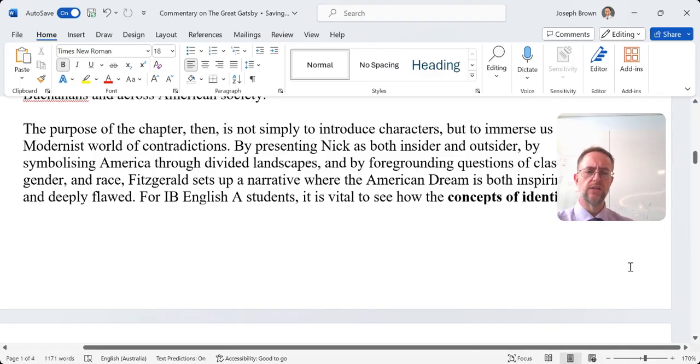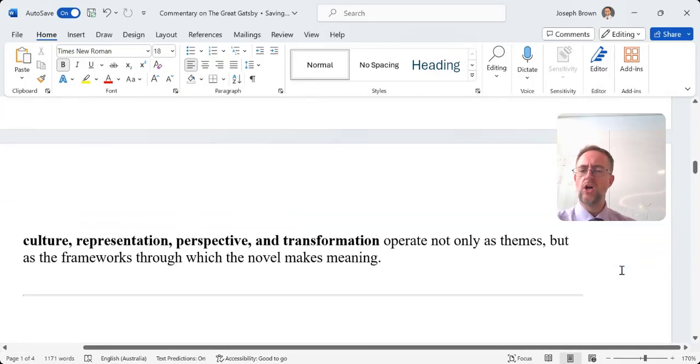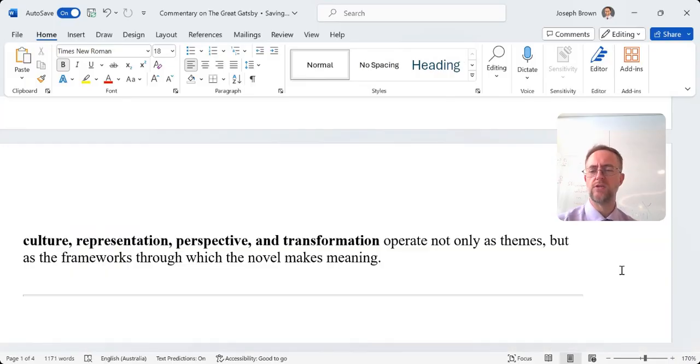For IB English A students, it is vital to see how the concepts of identity, culture, representation, perspective, and transformation operate not only as themes, but as frameworks through which the novel makes meaning. So that, by way of a summary of chapter one, was very quick, but by way of a commentary that brings together the frames and the elements of IB English A, I think works to help you to see how do we analyze using the concepts, how do we analyze keeping in mind the fields of inquiry and the areas of exploration. Hopefully, as we do this more and more, you're going to see how to do that, and you're